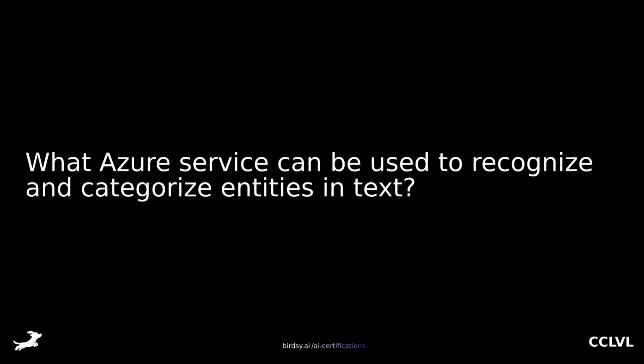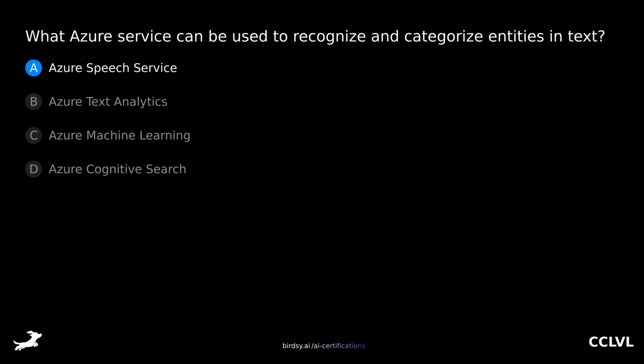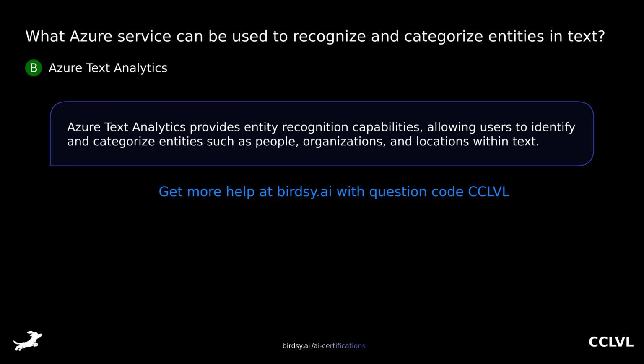What Azure service can be used to recognize and categorize entities in text? Is it A, Azure Speech Service, B, Azure Text Analytics, C, Azure Machine Learning, or D, Azure Cognitive Search? The answer is B, Azure Text Analytics. Azure Text Analytics provides entity recognition capabilities, allowing users to identify and categorize entities such as people, organizations, and locations